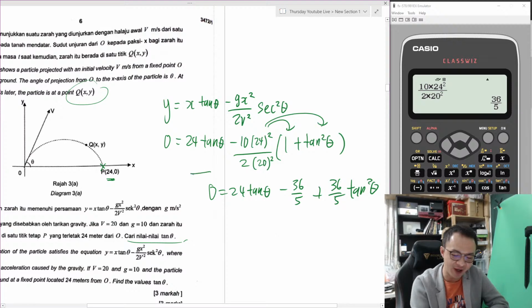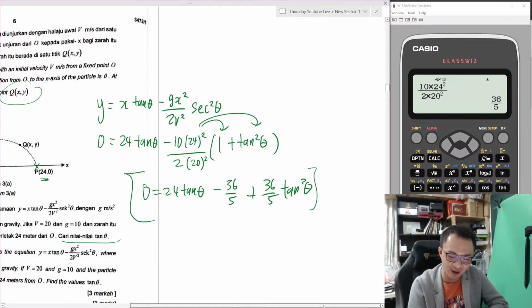I try to simplify this equation. I realize all can divide by 12 and I multiply 5. So I will just do 12. I multiply 5 over 12 into the whole equation. So I should have 10. Is it 10 tangent theta? So this one I simplify, it should be minus 3 plus